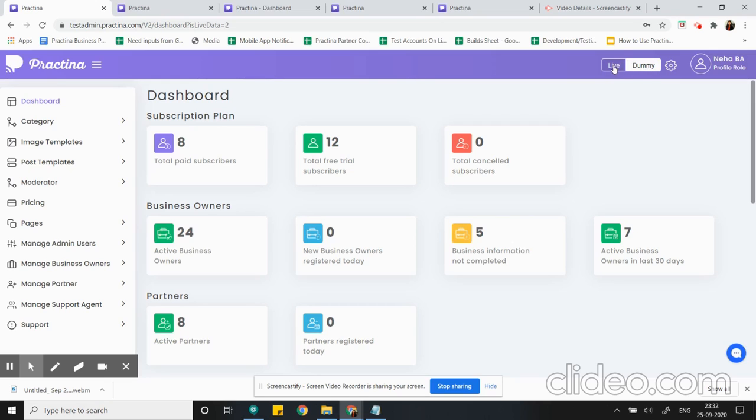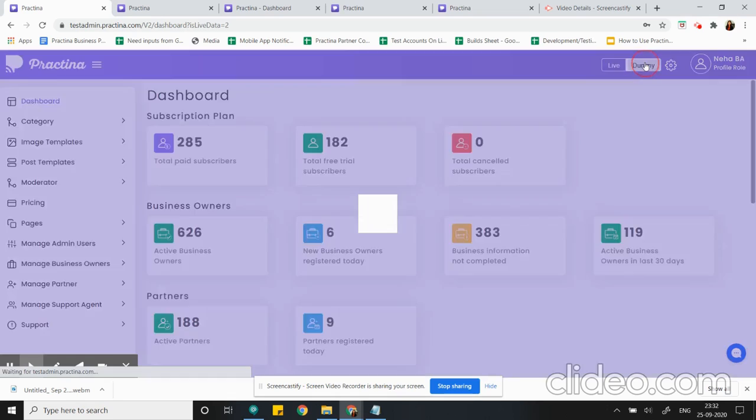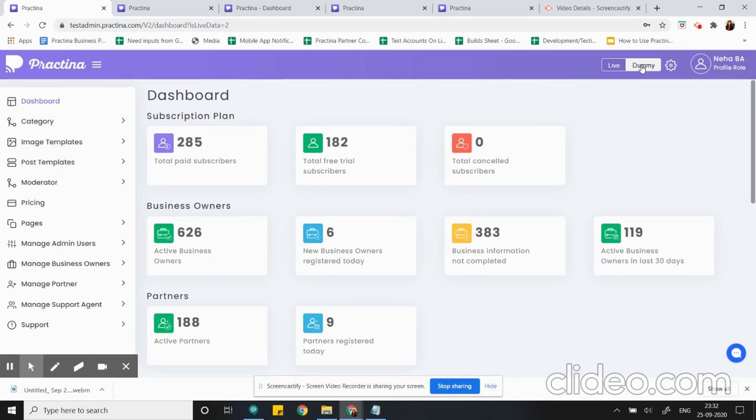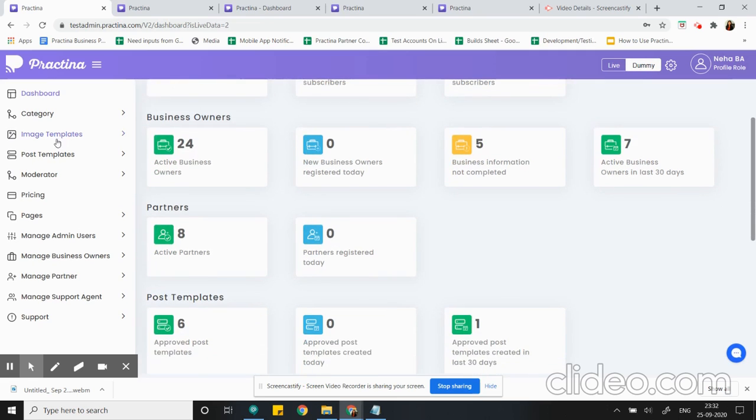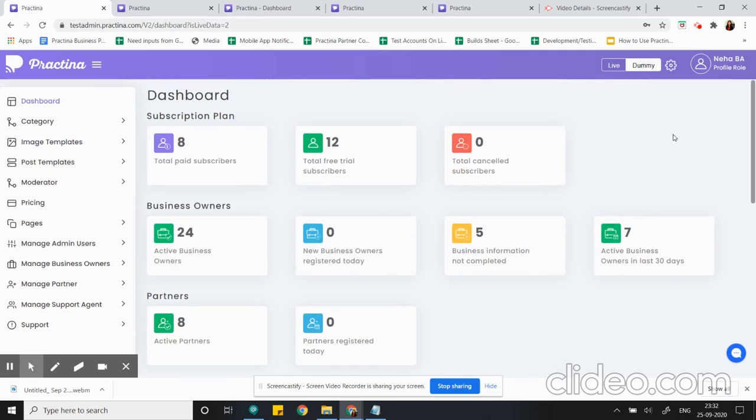If I am creating or viewing data using the live filter, it is all live data. It is the real data. And if I have applied the dummy filter, whatever data I create or view on the dashboard, under any section, it is dummy data. So I am applying back the live filter.